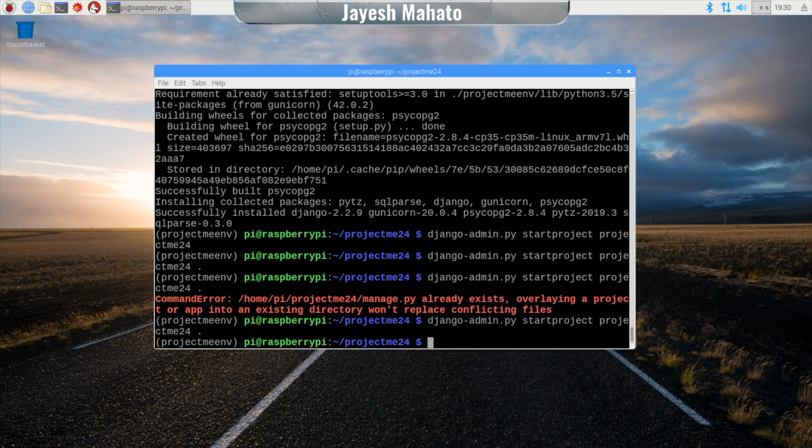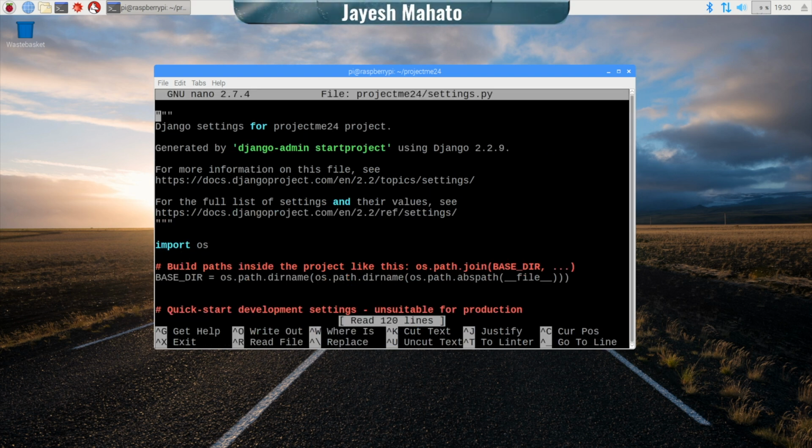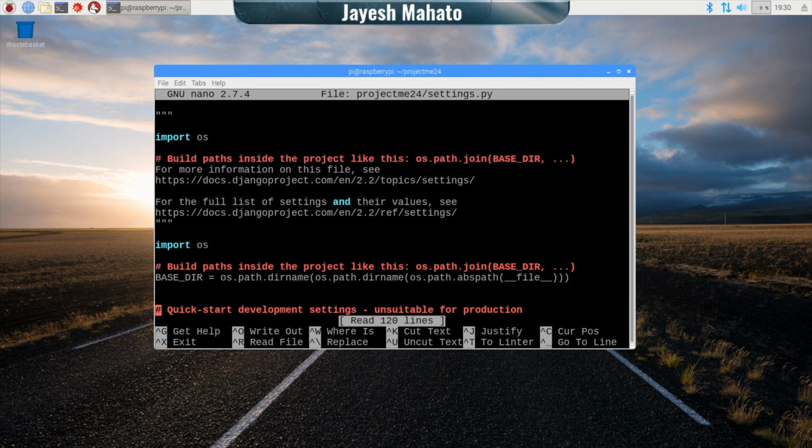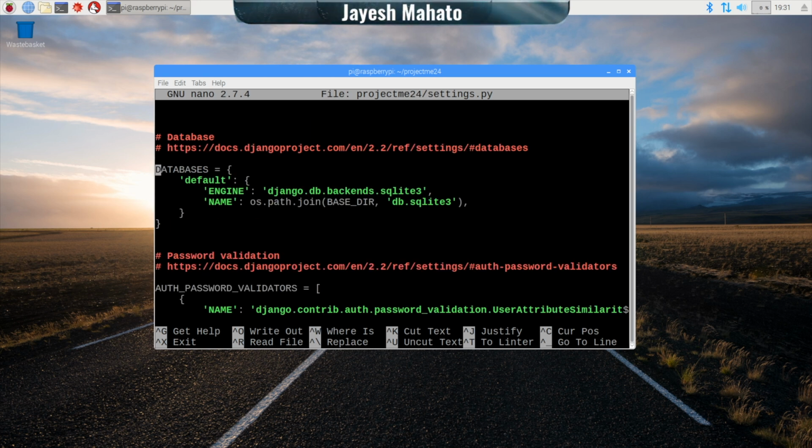So let's edit it. Sudo nano, where am I by the way right now? Let me check once. Yeah, outside. So sudo nano, go inside my project and then go inside settings.py, which I need to edit. So this is the settings.py. Now I need to come down to the part where database is mentioned. Databases, here I have default, so we have